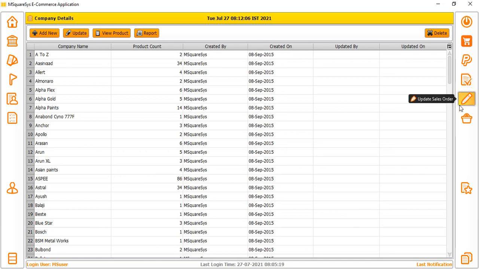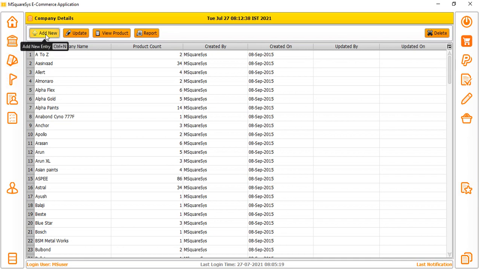And the update sales order: if you want to make any changes, press here and start to update the sales. And next is dispatch order. Once the orders are delivered, you need to dispatch them to where you need to deliver. And more features, like the user settings, sales details, sales histories and statistics, are available in this more features. Let's go now to the company.